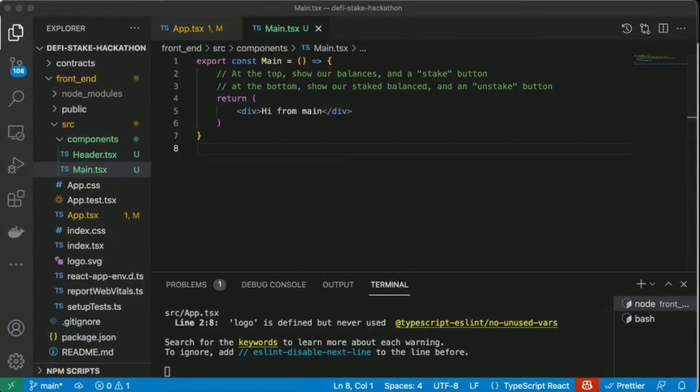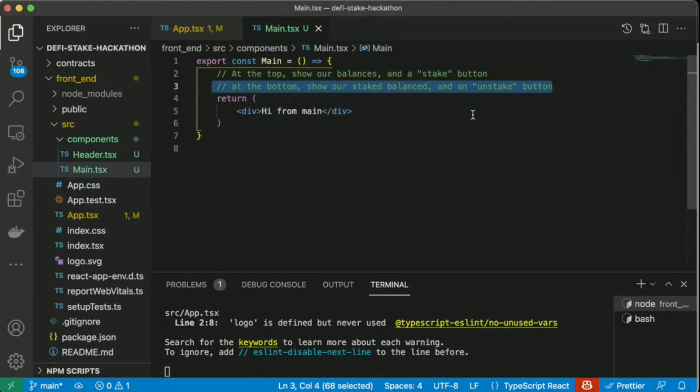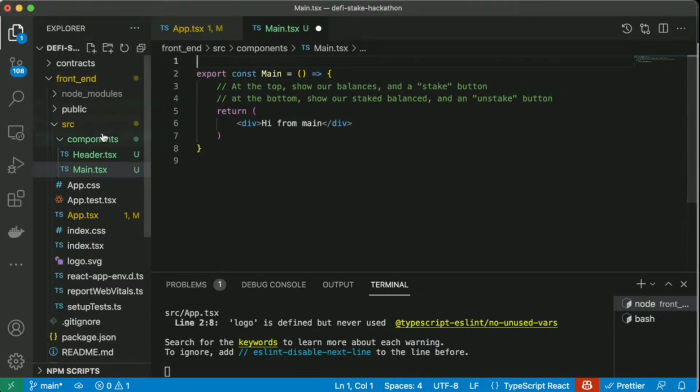So we have this hi from main here, and we want these two things. Now we're going to double up. Basically, we're going to make this piece a component, and then this piece a separate component. Crazy, right? In our main we're even going to import something. So we're going to go ahead and create